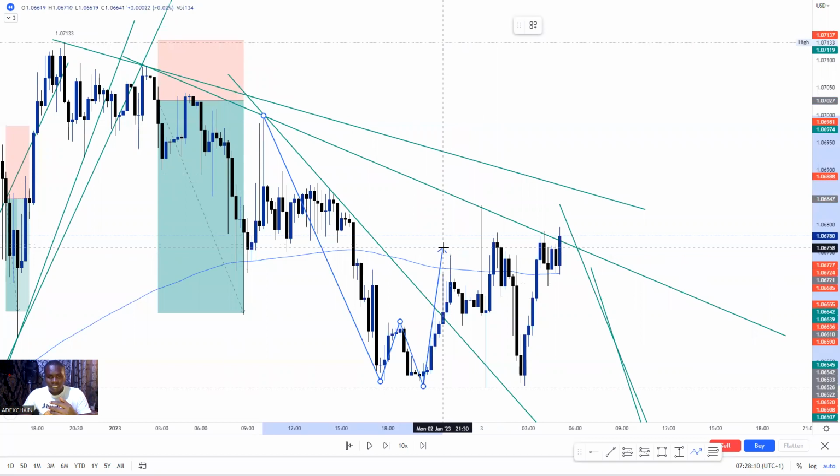Unfortunately, the strategy slightly played out around here. It comes back and it's trying to retest. I'm waiting for it to touch here so that I can go long, but it doesn't touch. When you reach here, sometimes, if I have made a lot of profit and I want to take a huge risk, I may just buy here when I get this bullish candle, and boom, I will make my money. But I'm very cautious because this is a new year and I want to start sniping the market, sniper entry.